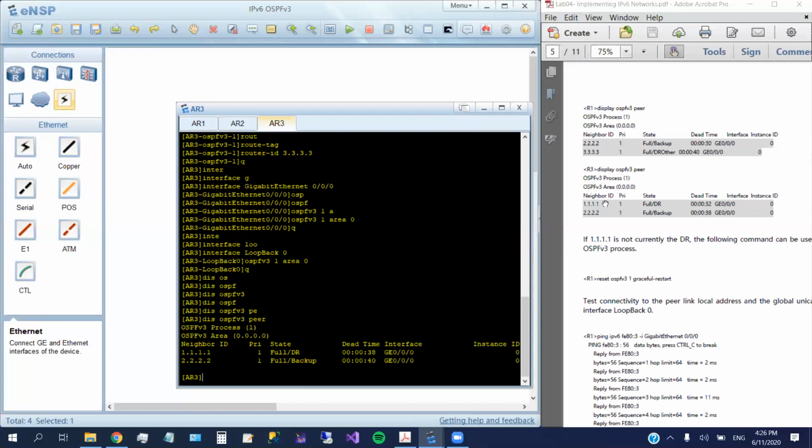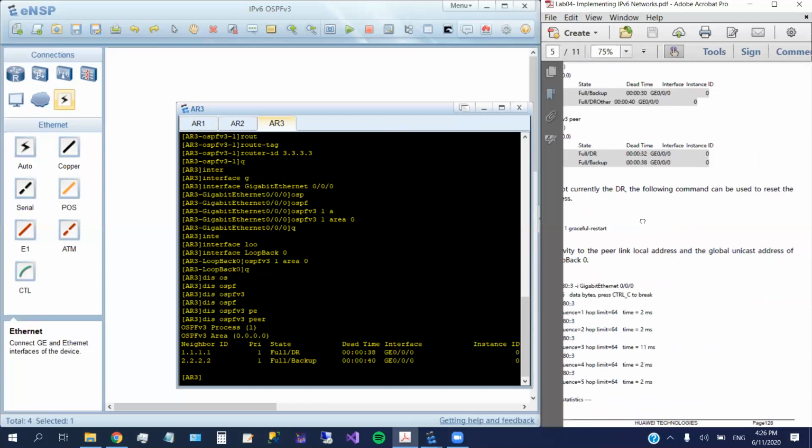We also can see 111.222. So here, router 1 is the DR, which is the designated router, and router number 2 is the BDR, which is the backup designated router, and router 3 is DR other, which means non-DR and non-BDR. So everything